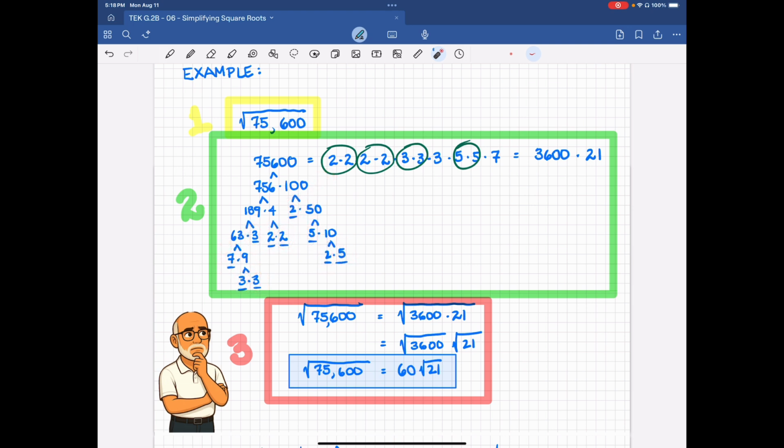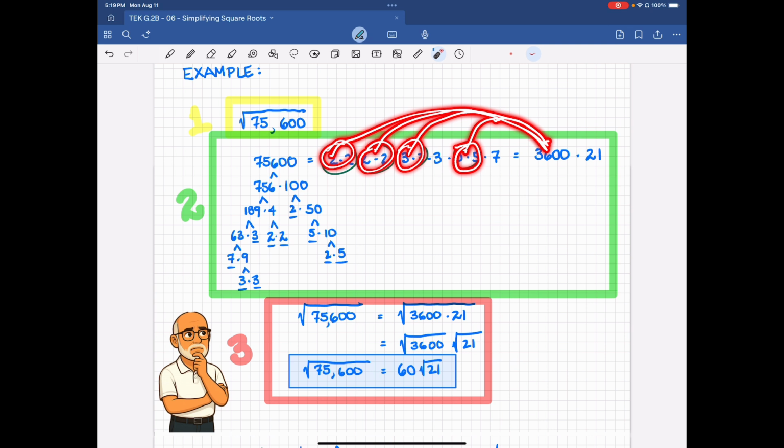My next task is just to circle the pairs. I have 2 2s, I have another 2 2s, I have a 2 3s, that 3 is by itself, so I'm going to skip over, and I have 2 5s. The 7 is by itself, too. So I'm going to take each one of these, and I'm going to multiply all of it together, and that's going to give me